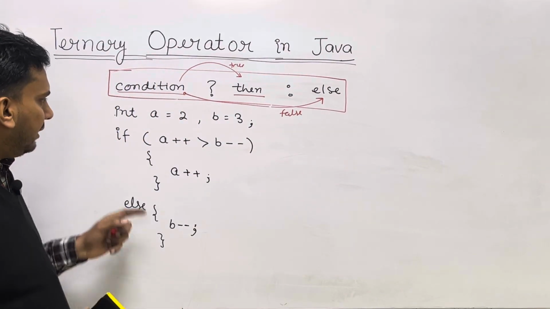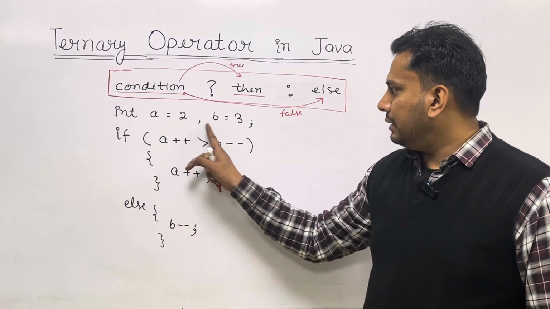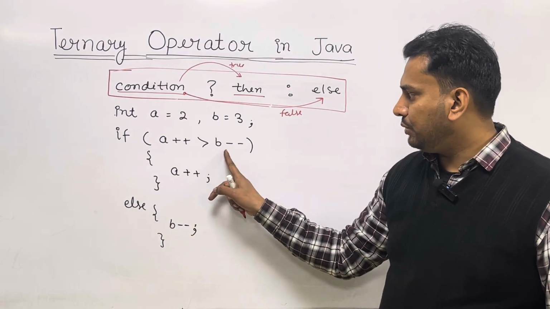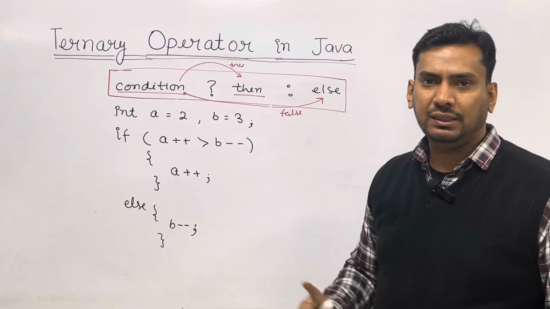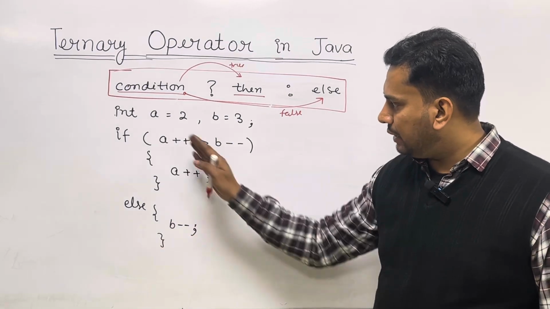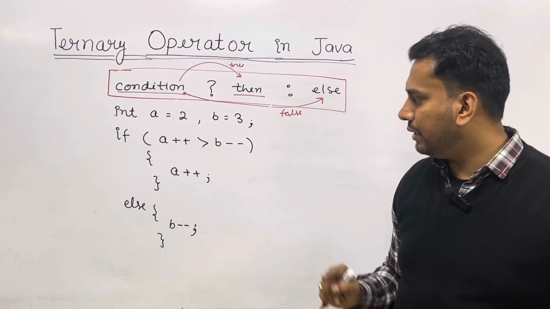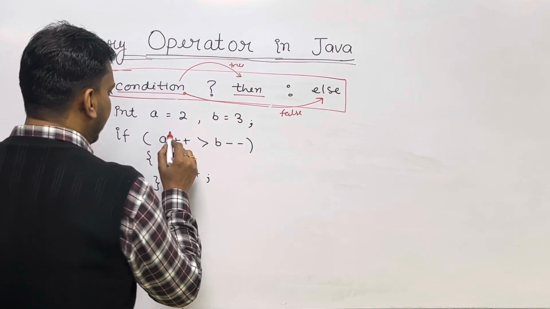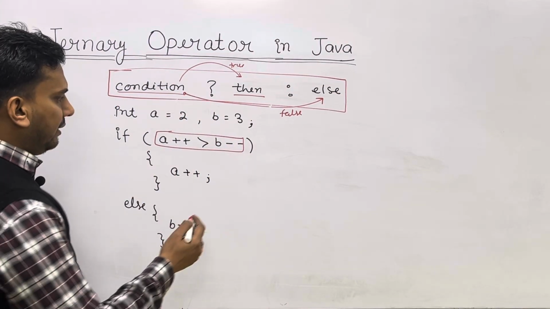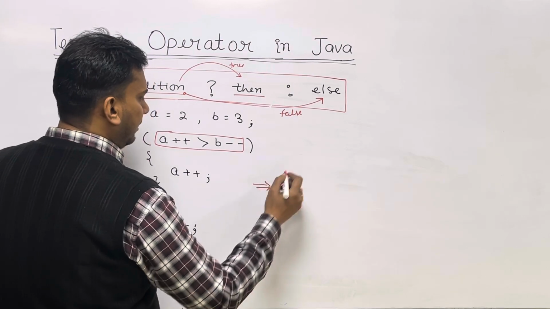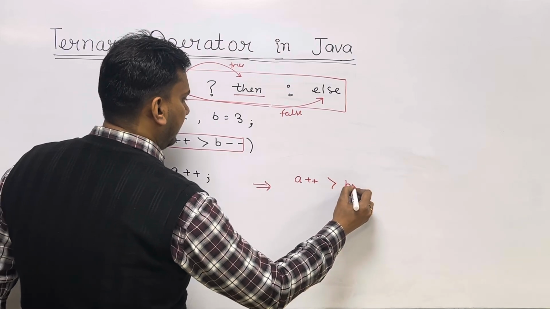For example, I have written a small piece of code. I have variables a and b, and if the condition is true, I want to make a++, otherwise I want to make b--. This piece of code can be written in a single line using the ternary operator. Whatever condition is written here, the same condition we write in the ternary operator. So instead of writing this large code, I can write a++ > b--,